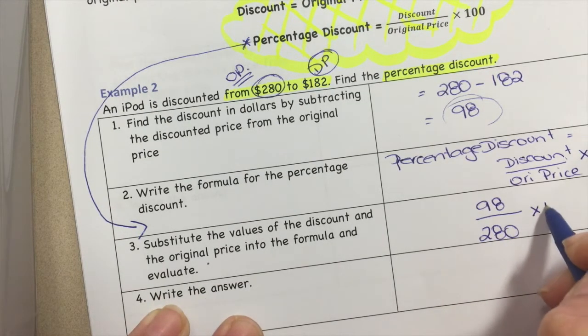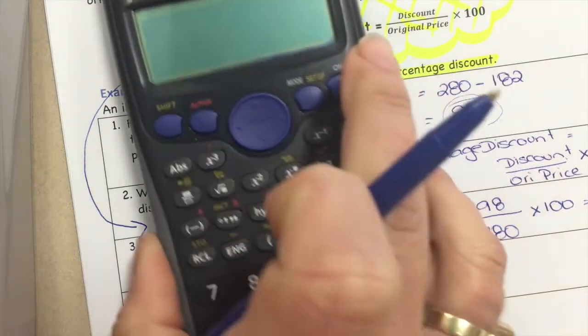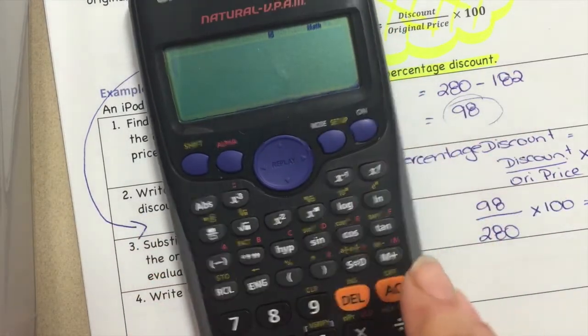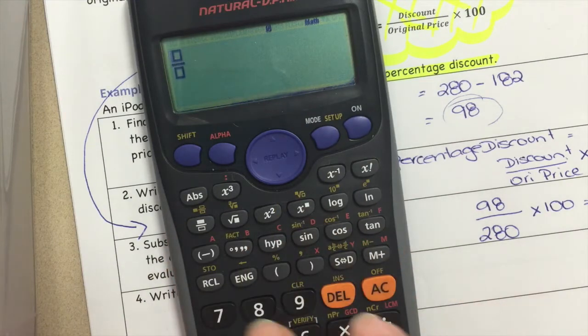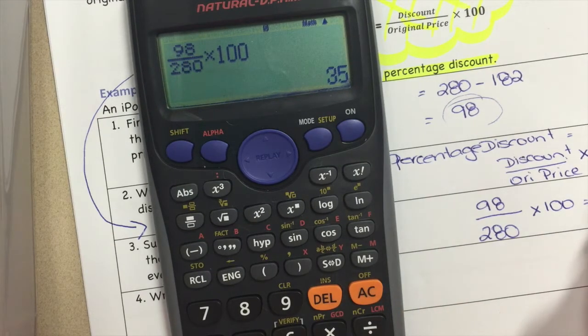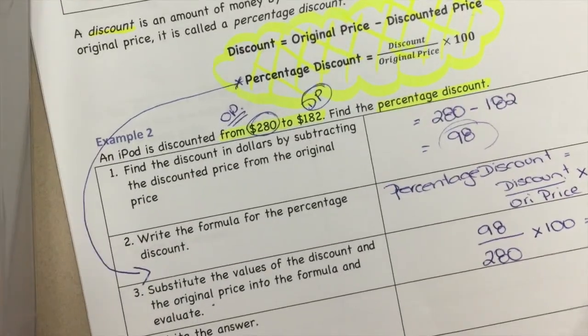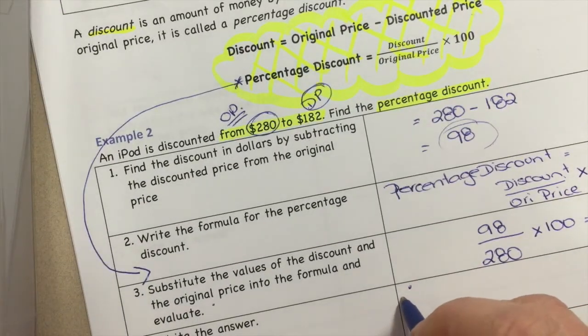And I'm going to multiply all of that by 100 to give me a percentage discount. Once again, I'm going to use my fraction button. I'm going to write 98 over 280 multiplied by 100 is equal to... So it equals 35. Now, because this was a word question, remember we're going to write, therefore,